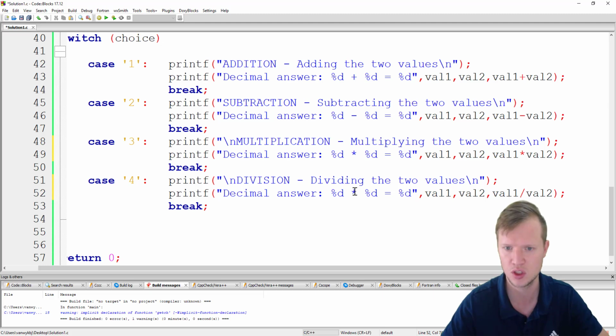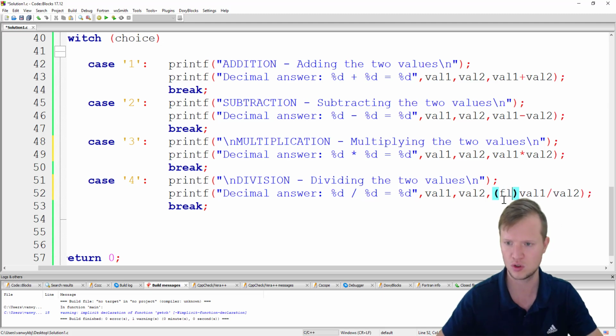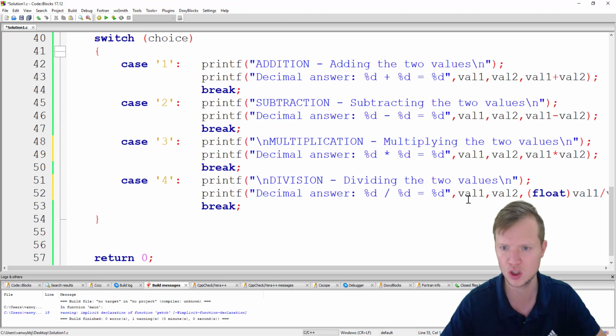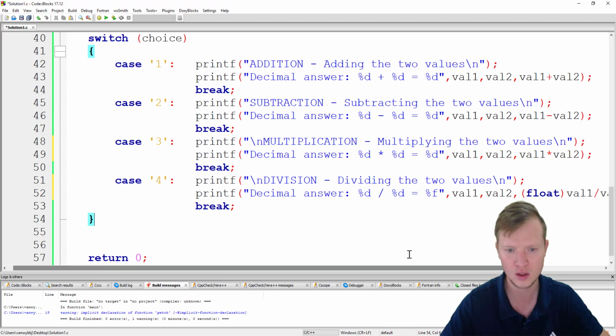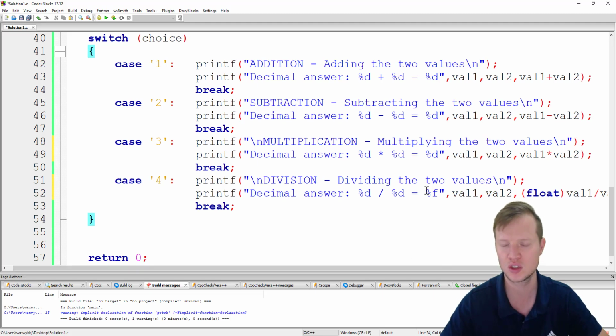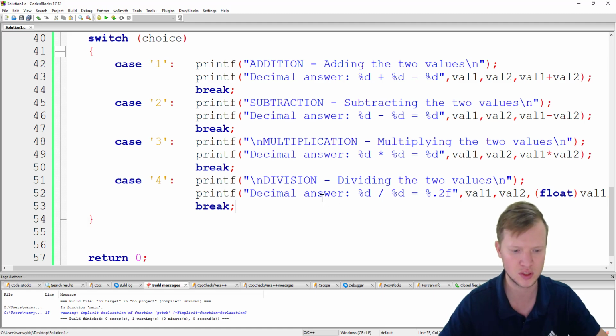So we change this to division and division here, but we need to change this to a float, so we typecast, and we need to change that percentage %f to a float as well. And then if we go to the question, it said to the first two values after the comma, so we need to say 0.2 there. So now if we save this and we run,